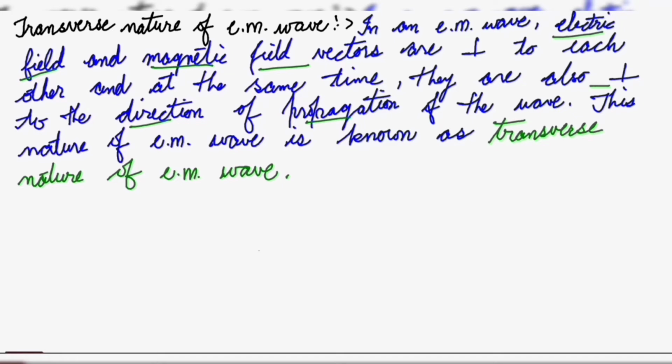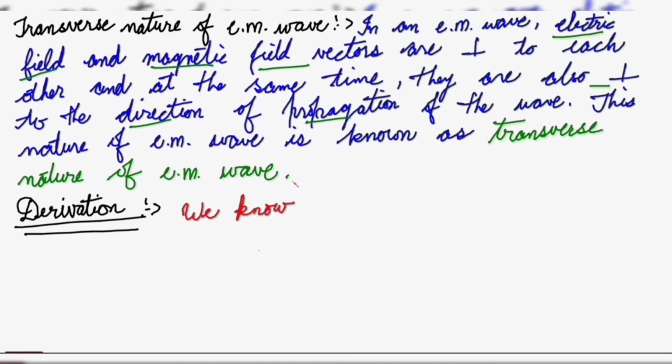So dear students, now I derive the transverse nature of electromagnetic wave. So let's start. We know we have two vectors. First is the electric field vector and another is the magnetic field vector. We know that for electric and magnetic field vectors the equations are